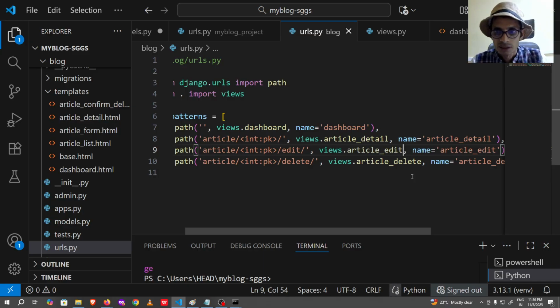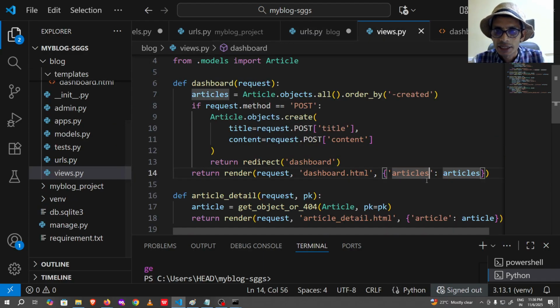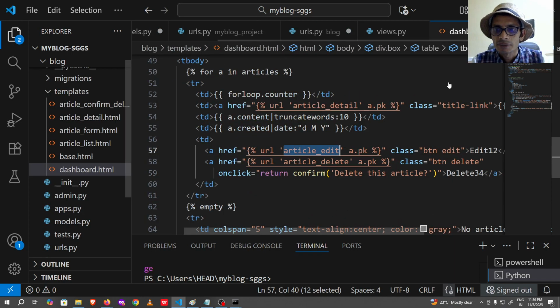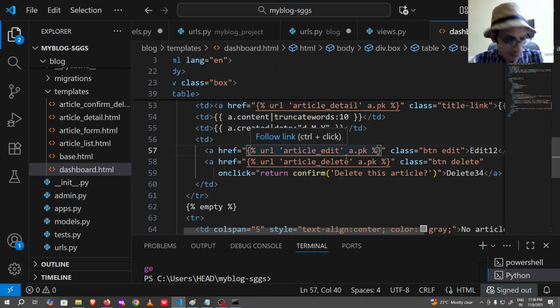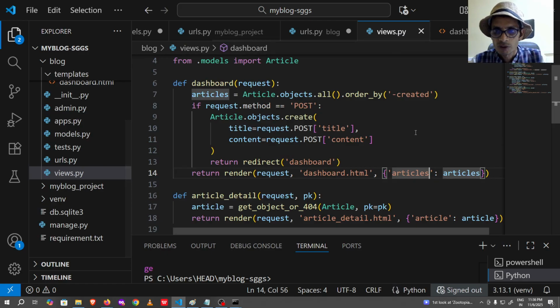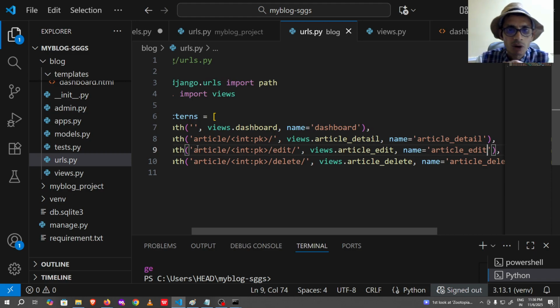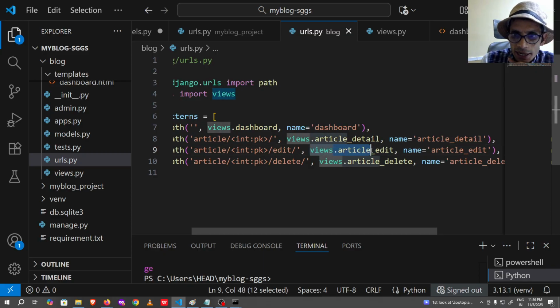अगर मैं यहाँ पर आर्टिकल एडिट 1 2 करता हूँ, ठीक है, तो मुझे यहाँ क्या करना होगा, आर्टिकल एडिट, ये जो मैंने अभी बनाया आपको दिखाया, यहाँ पर एडिट 1 2 करना पड़ेगा. समझ में आया? यस और नो? तो नहीं करूँगा मैं अभी, I will not do it, but remember this, you have to follow these conventions, ठीक है? चलो, so when I call this article edit it will call views.articleEdit, and when I delete the article, it will call views.deleteArticle. Let us jump to